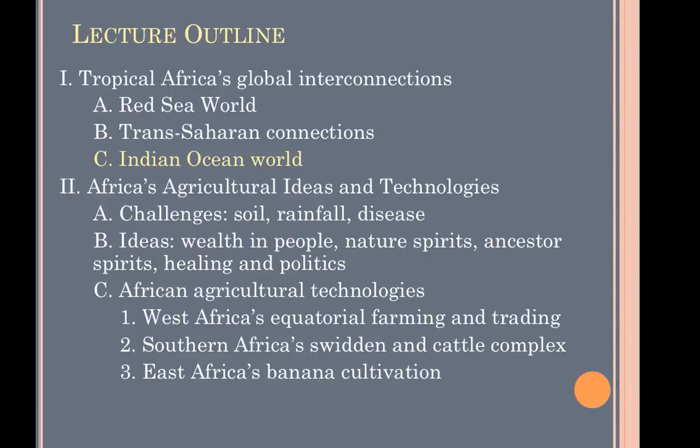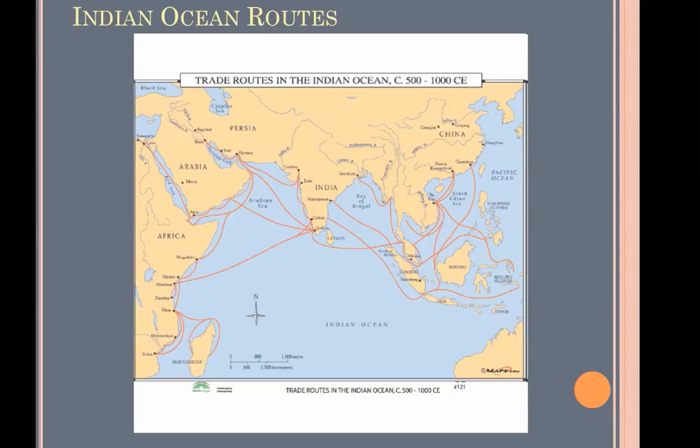Finally, and this is a means of interconnection that you most definitely read about in the chapter, the Indian Ocean actually acted as a conduit for trade and for mutual influence, linking East Africa and specifically the Swahili coast of East Africa, with the Middle East, with Southern Asia, even with Southeast Asia. Now, as the textbook made clear, it was fairly rare for a ship to leave somewhere in China and reach all the way down into Sofala, right here.